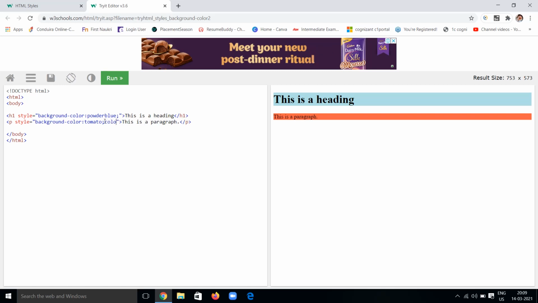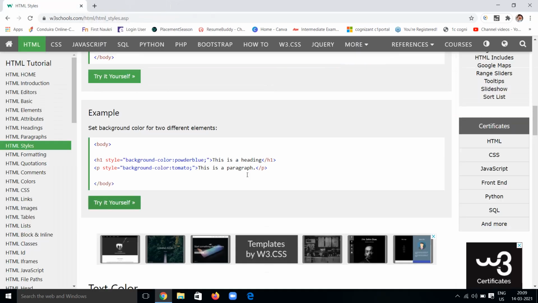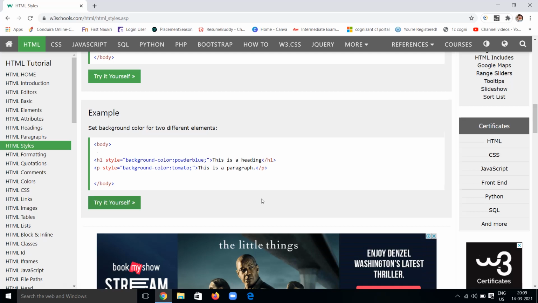and we can also give a color, just color, say white here. To differentiate that, I'm giving white here. So if you run this, color means the font: the content in that will be white, and the background of that paragraph will be that tomato color. So like that you can style anything by giving this syntax, property colon value. Style is equal to property colon value, like that you can give.